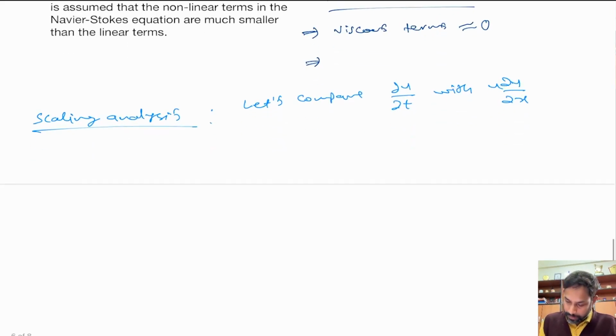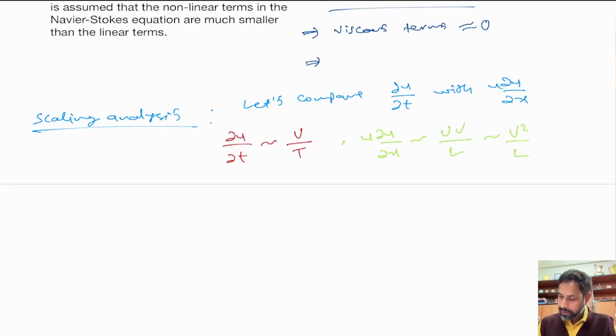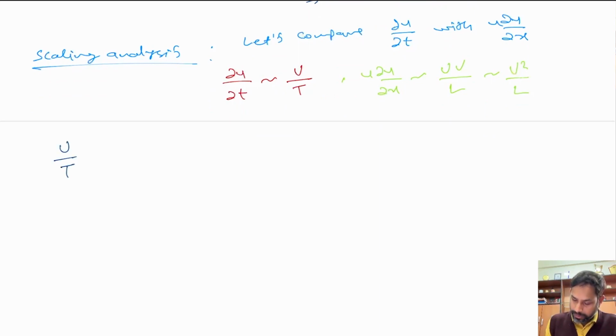So du by dt can be considered to be equal to u over t, where u is the maximum velocity and t is the time of our consideration, and u du by dx can be written as u over L, which is basically u square over L. So what we have here is that u over t is actually much greater than u square over L for a surface wave,